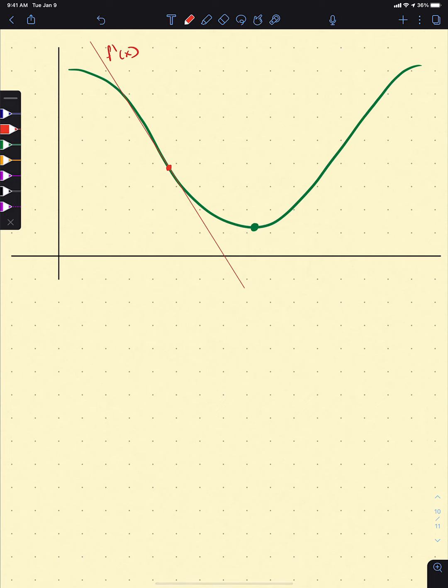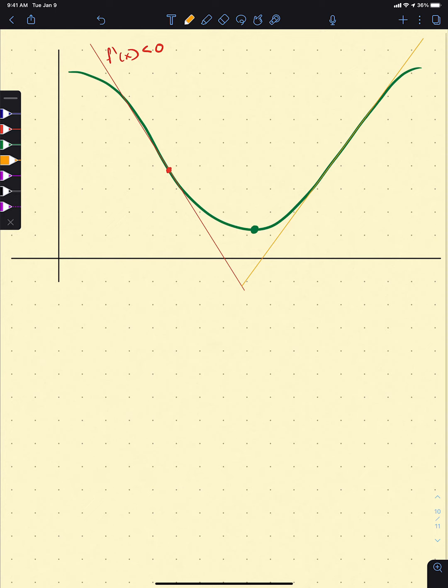But we can see here our derivative is negative. And then again over here, if we drop some representative tangent line, maybe to that point, notice here that my derivative